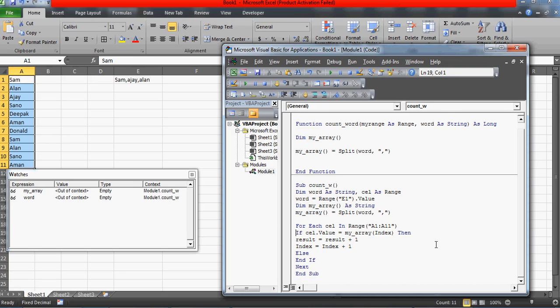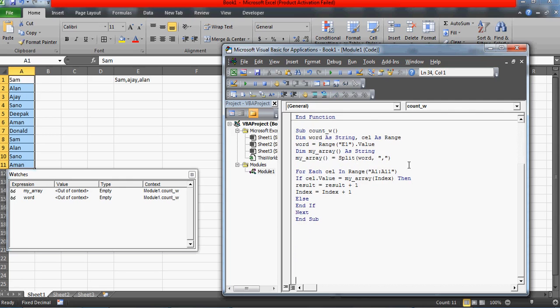Let me put some space here. So what I want is, this time it will run for Sam, not for Ajay and Alan. So we want to have another loop,